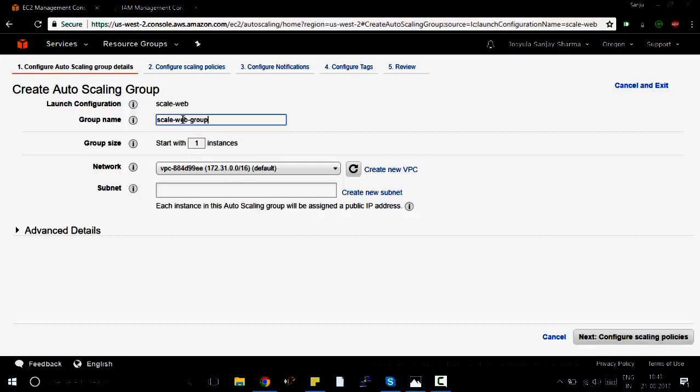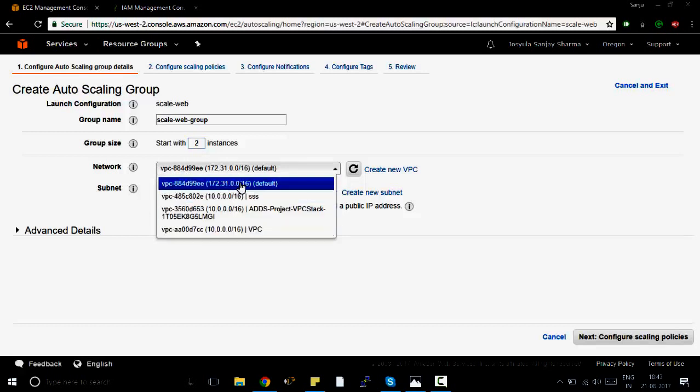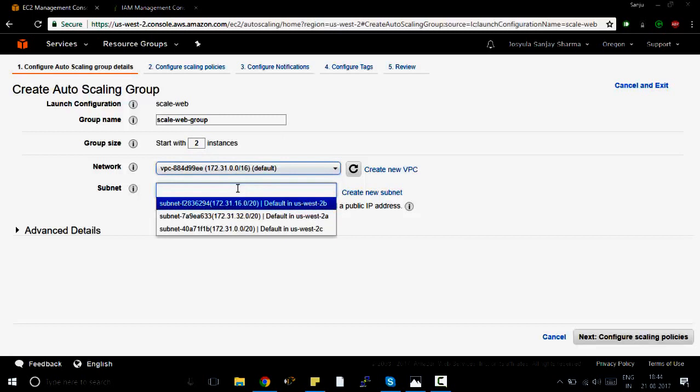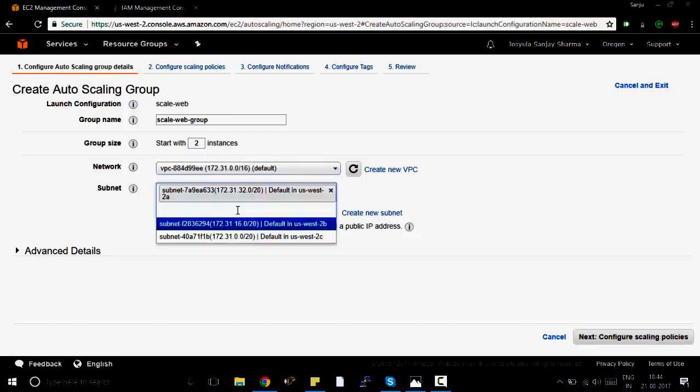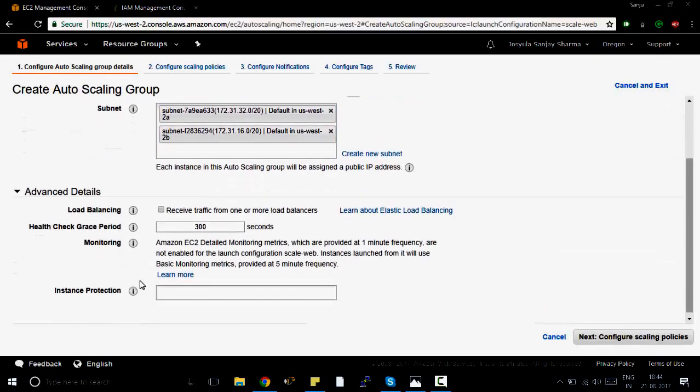and group size will define how many instances are allowed. In my case I have only two instances. The virtual network is the default one because all the instances are in there, and these are the availability zone subnets which I have selected. And in advanced details we can see load balancing options,